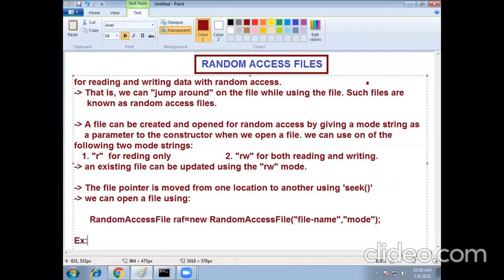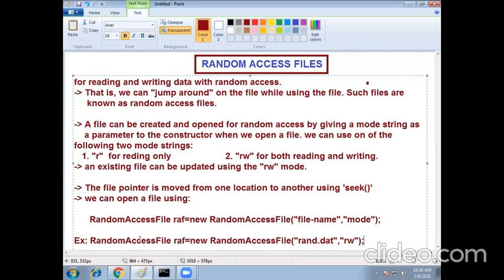Now, for example, RandomAccessFile RAF = new RandomAccessFile, my file name is rand.dat, and I am opening my file in two modes, read and write.